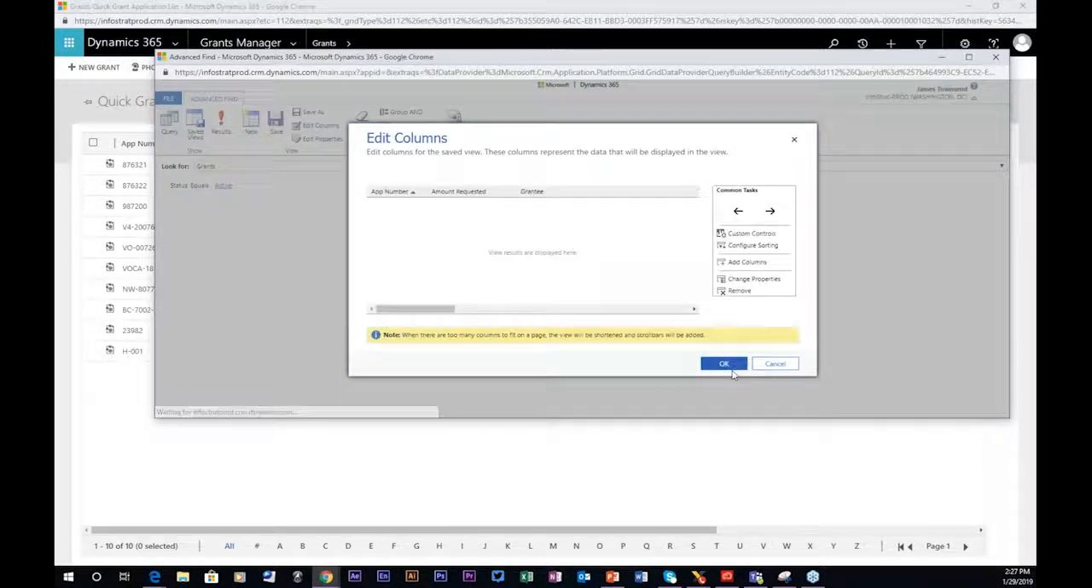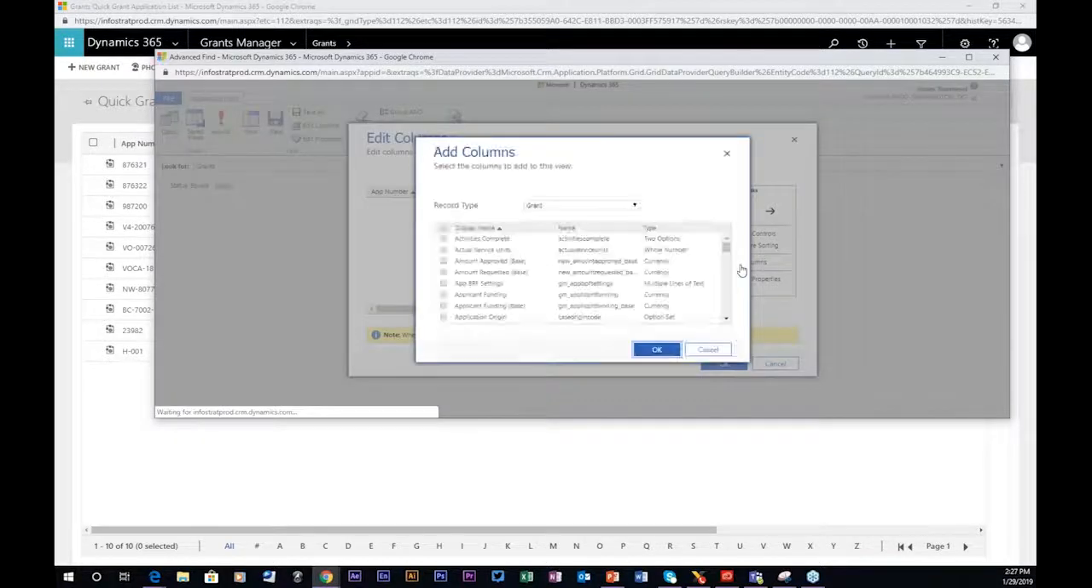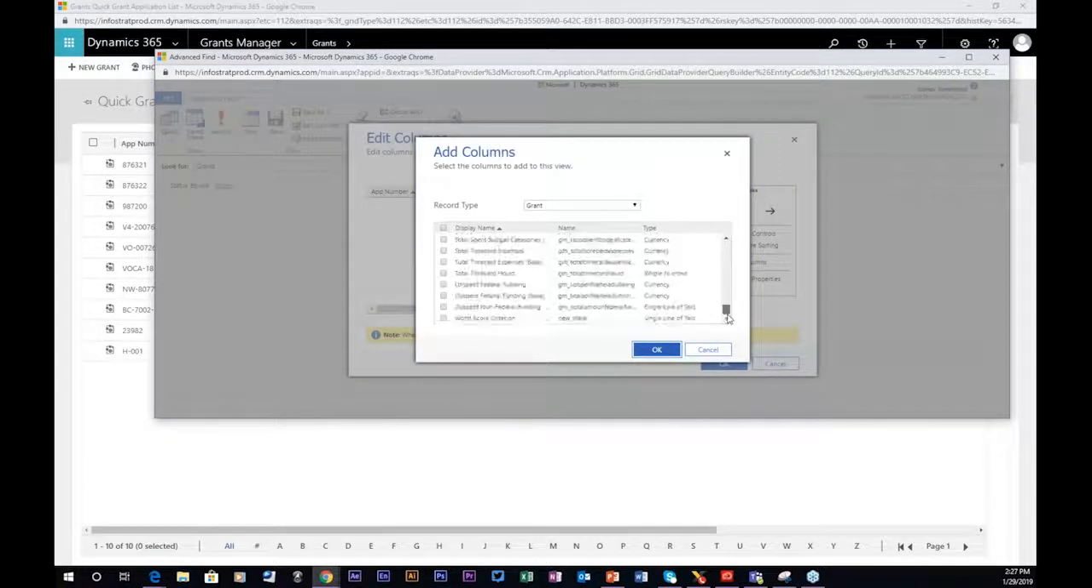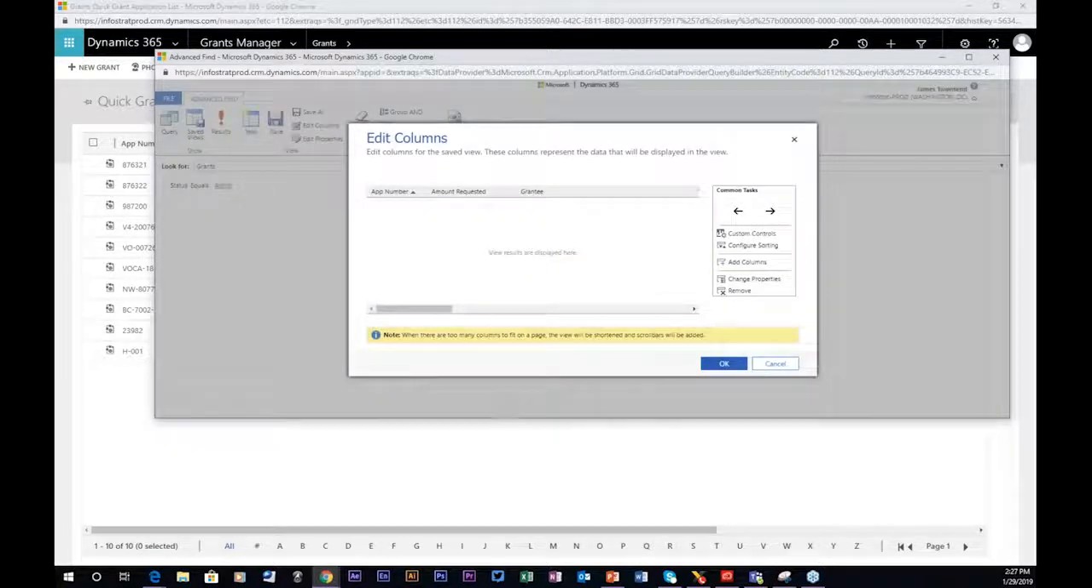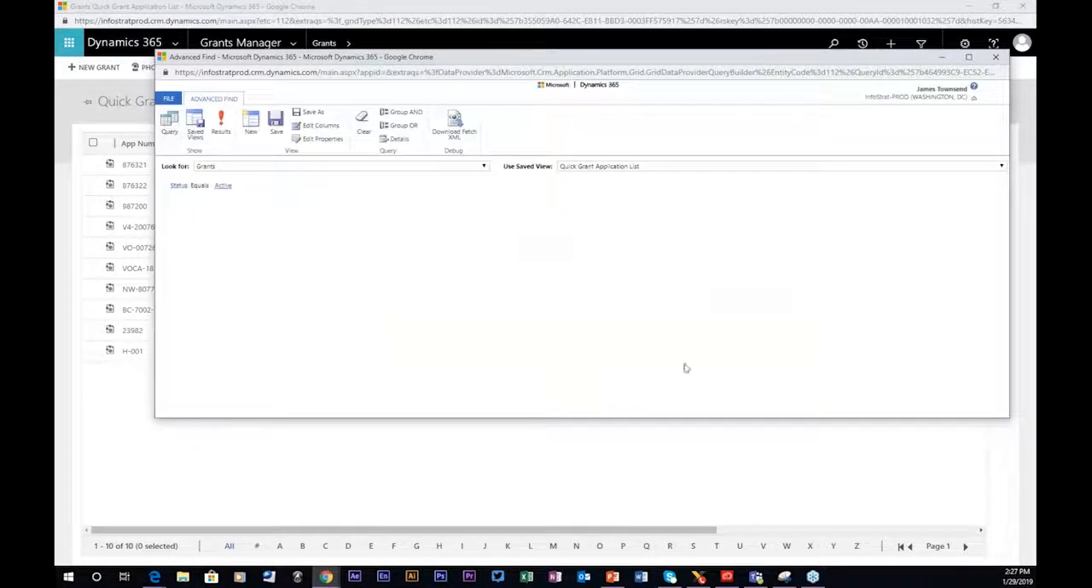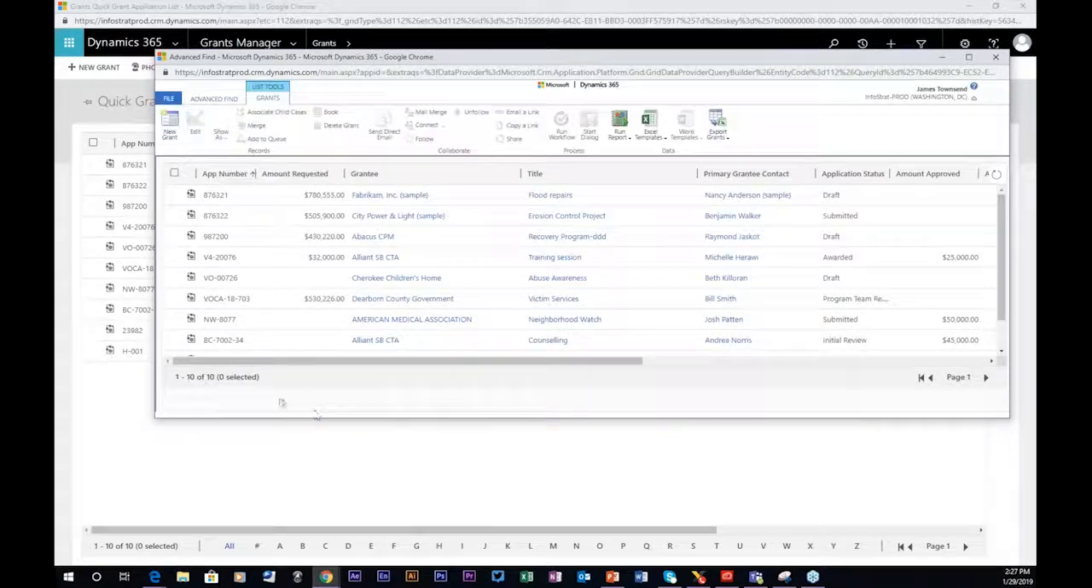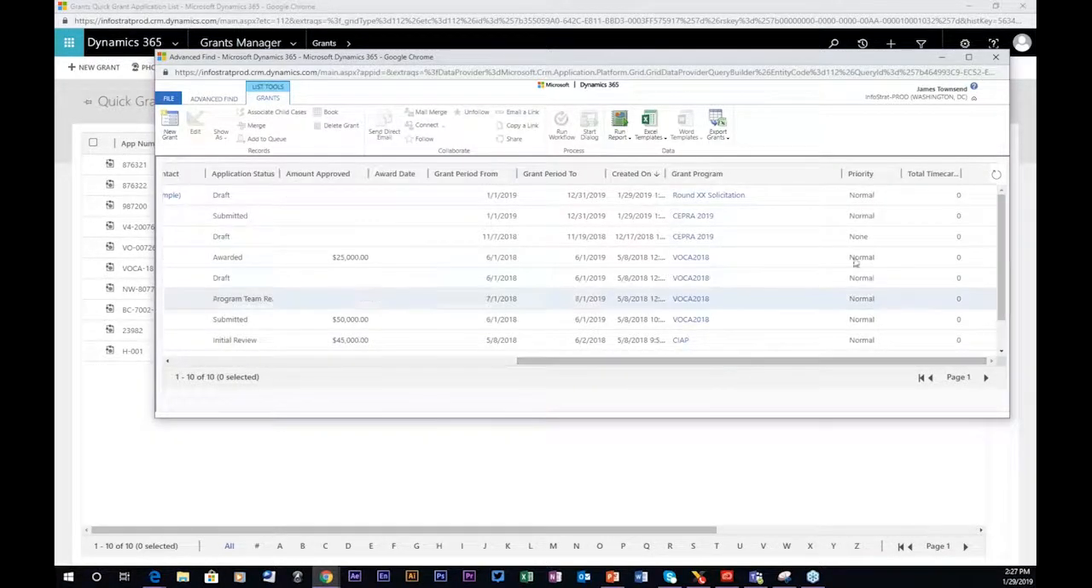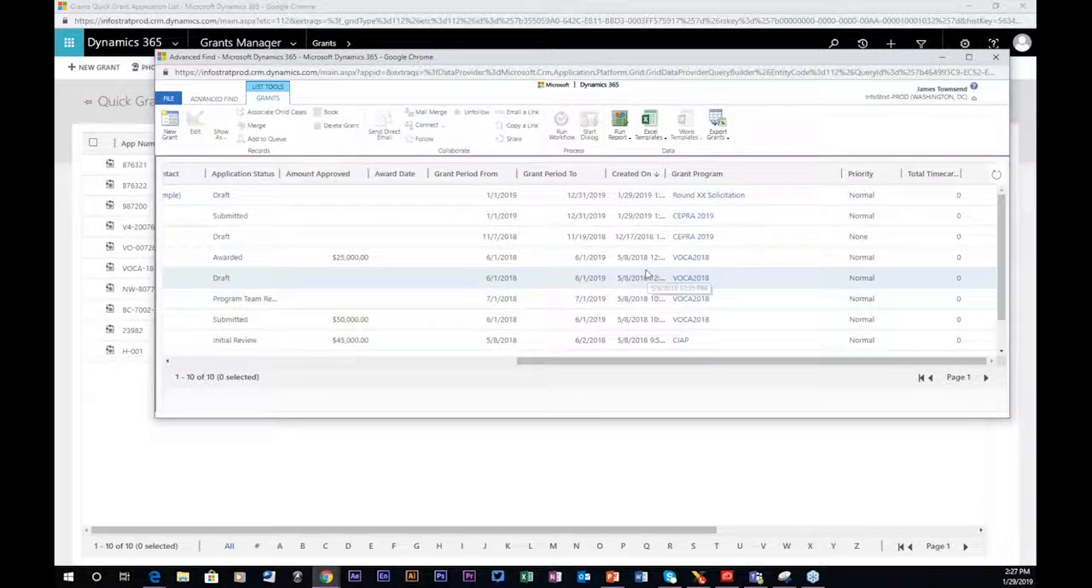And I can modify that. I can add more criteria. I can also change what columns are being displayed. So if I want to add a new field, I can look down here and say, well, I want this one called total time card hours. And then by adding that to this query, now I should have over on the right, total time card hours